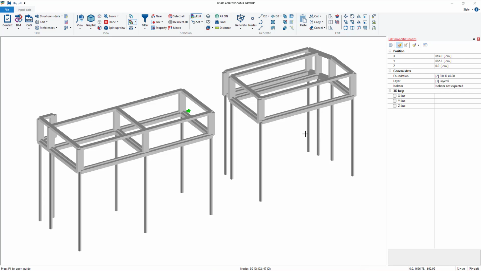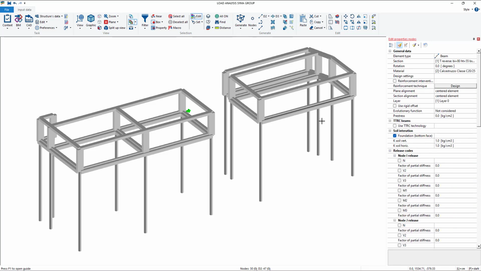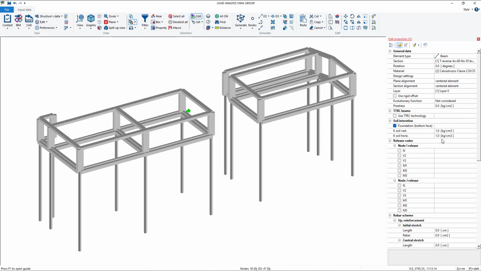Usually, when we work with different kinds of foundation, like this case in which we have beams and piles, we have to decide which one of them, usually piles, supports the main amount of load from the structure. So in order to tell this to the program, we are going to edit the beam and assign to it a very low value of the Winkler factor, like 0.01.